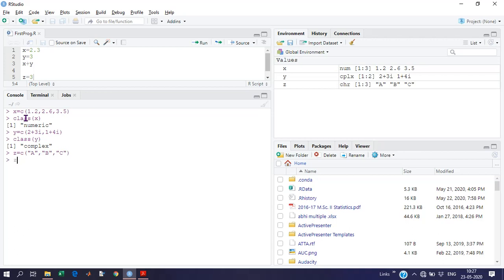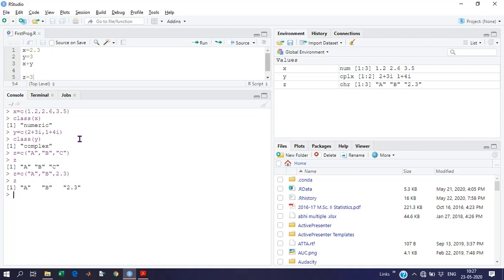That is the vector of strings. What happens when some numbers are strings, some numbers are integers, or let me put 2.3 like this? Observe the change here.